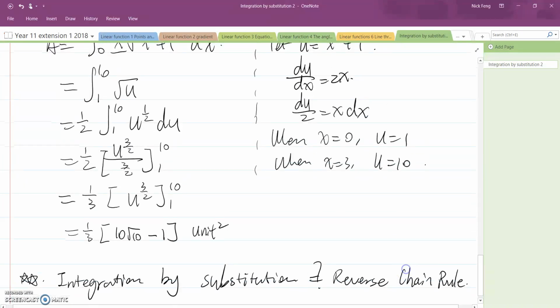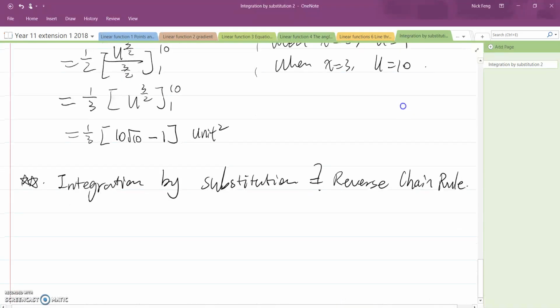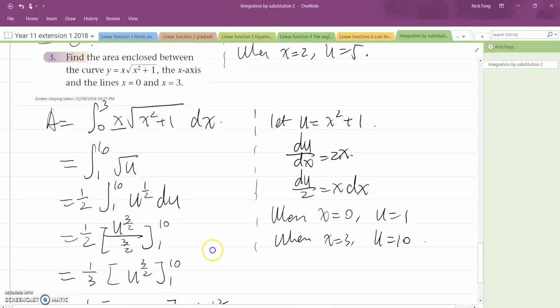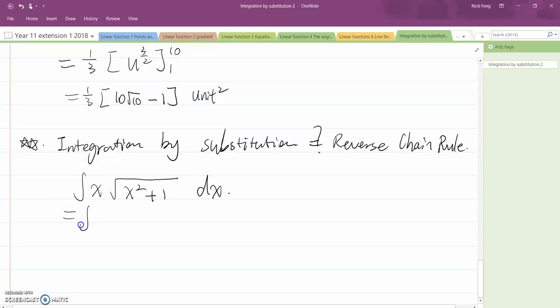So, to understand reverse chain rule, let's take this same one as an example. Let's just do an indefinite integral to make it easier to illustrate. Now, we are basically having x times x squared plus 1 to the power of half. And which one to make to be the u to make the substitution is actually the one I call the target function. So in this case, how do I know which one is the target function? In fact, you don't know until you differentiate it. So I know this is the target function